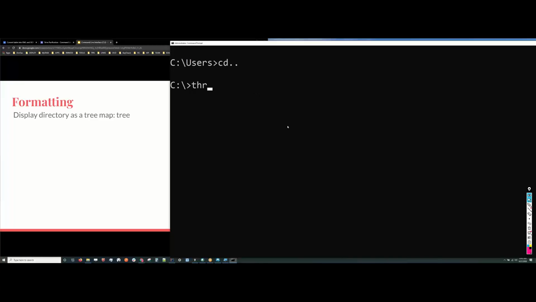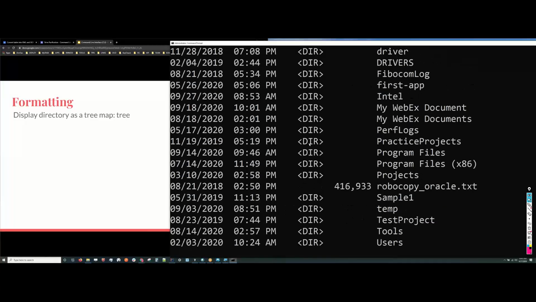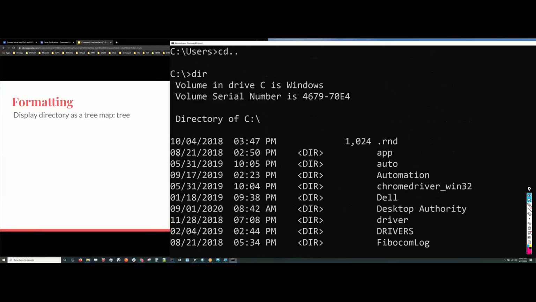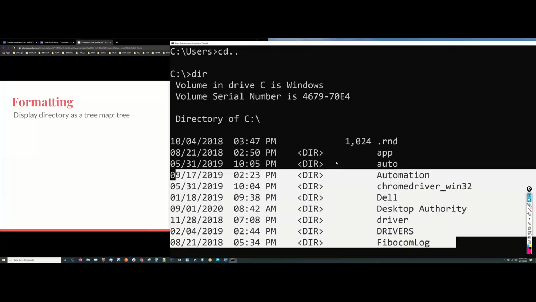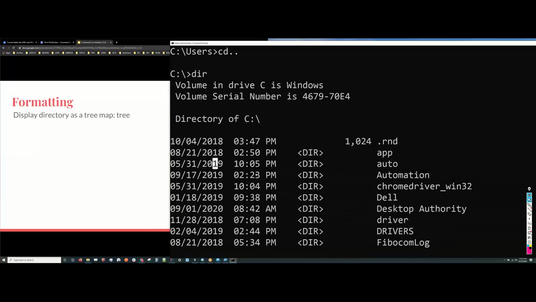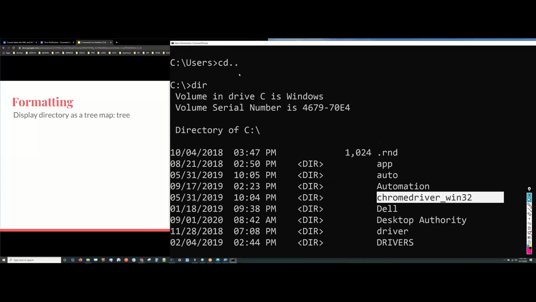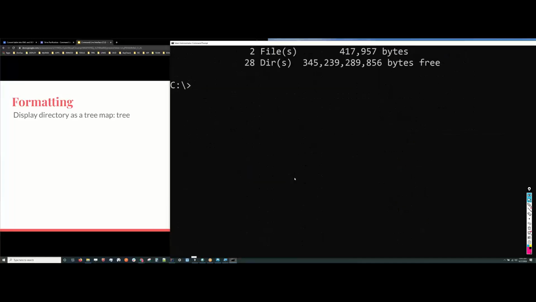Notice if you type in dir, it shows you a list of all the folders that are inside, with the date and time it was created or modified or last accessed, the type of the file and the file name. If you type in tree and hit enter,